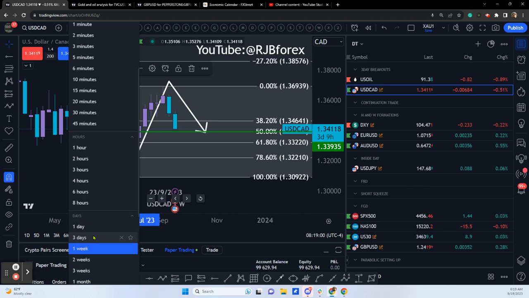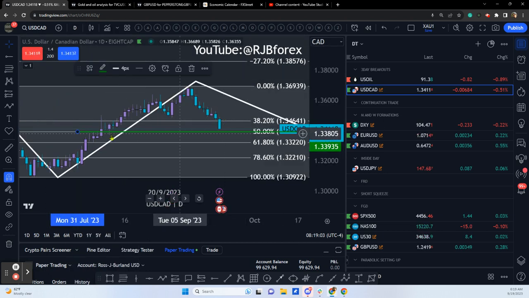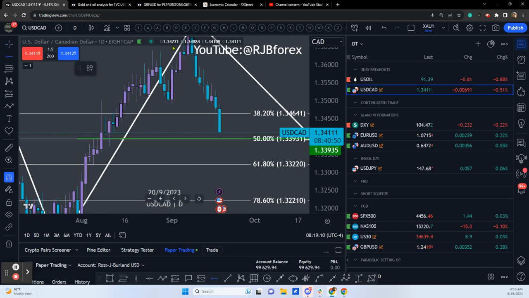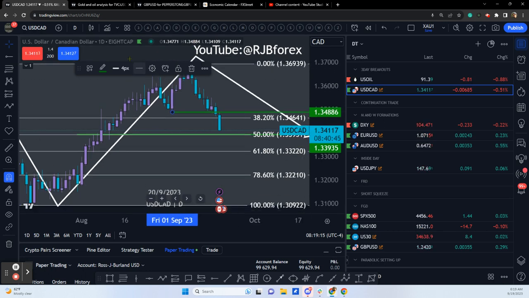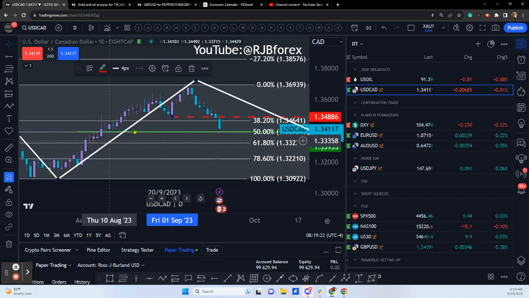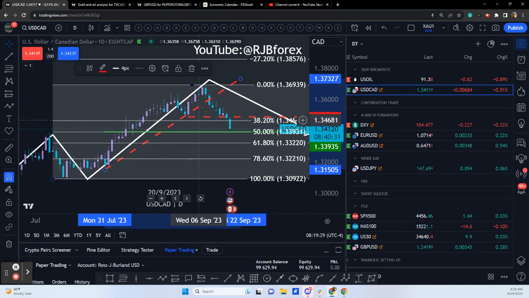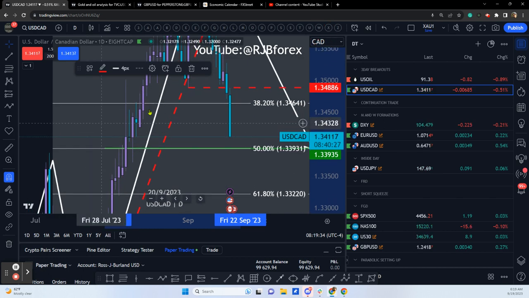On a daily basis, we broke structure over here. This is the Canadian dollar for those just joining. All right, so we broke structure. So we are technically now on a bearish trend. We've broken that bullish cycle. So we're now on the backside of that old bullish cycle. All right, so there are prospects of a downside continuation.